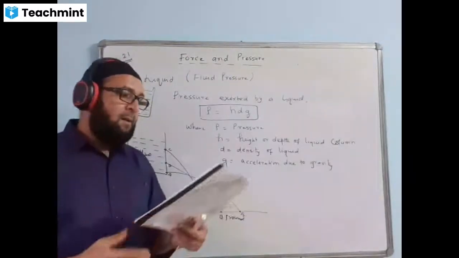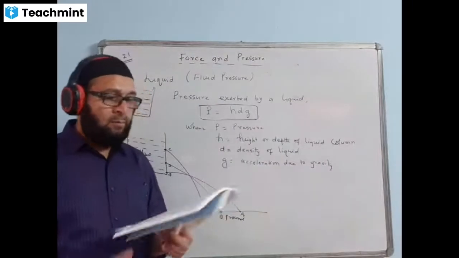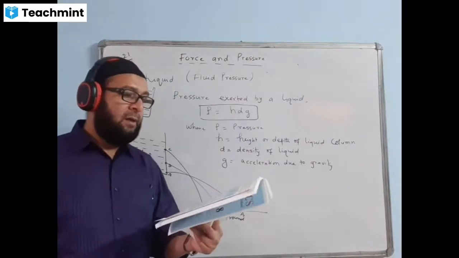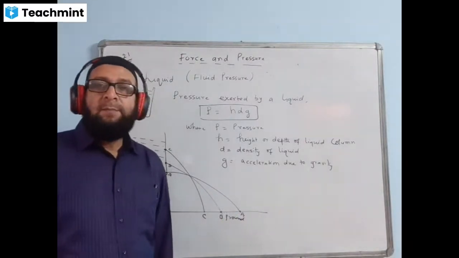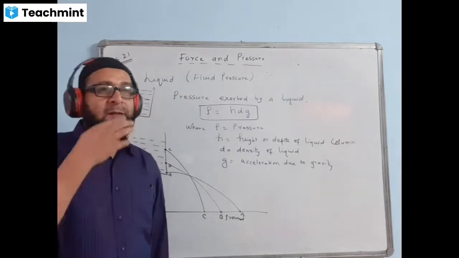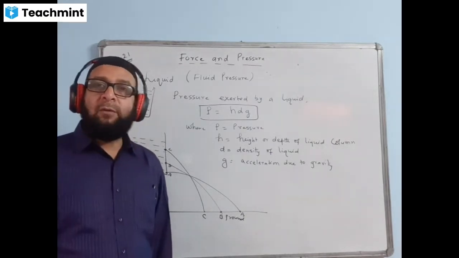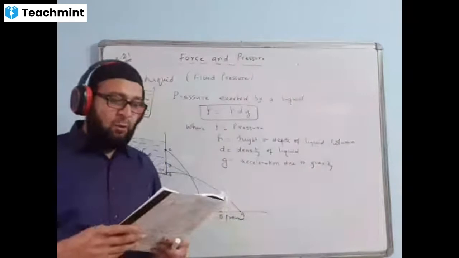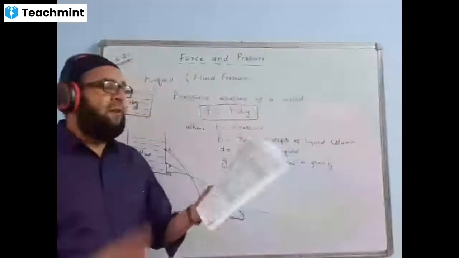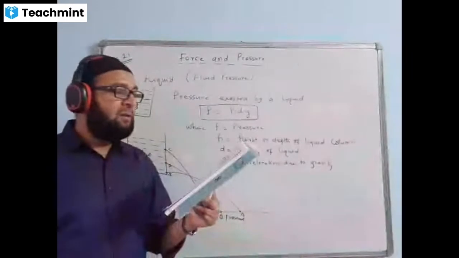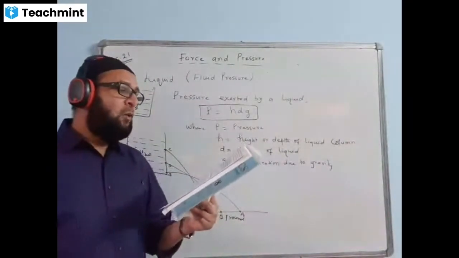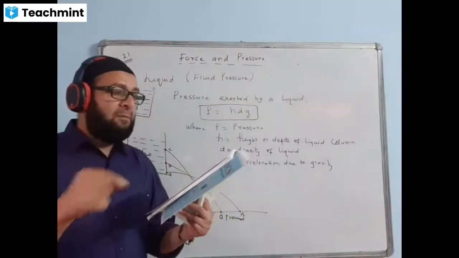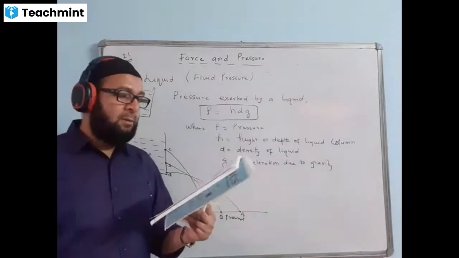All right. Next one, they have given in the block diagram. Do you know a liquid seeks its own level? A liquid seeks its own level. That means the liquid pressure depends on the height of the liquid column. It does not depend on the shape of the container. So they are showing a diagram in which different shapes of containers are there. Can you see those different shapes? Some are slightly conical in shape, some have a dumbbell shape, some have a narrow pipe shape, crooked shape, some have a cylindrical shape.